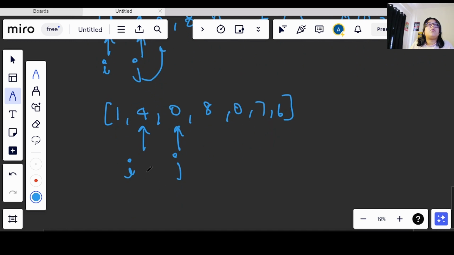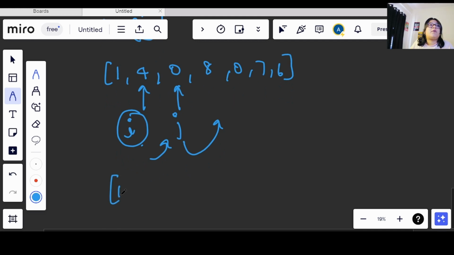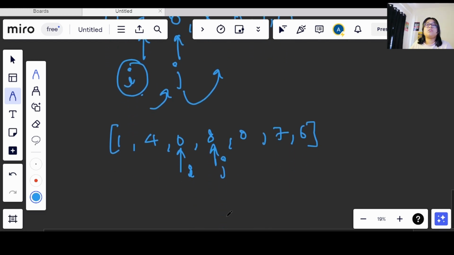What will happen now, this I that I am having here, again it will see that it is a non-zero value, so again it will move forward and this j will move forward. So now 1 4 0 8 0. Now my I pointer came across a value that is 0 and j is on a non-zero value, right?